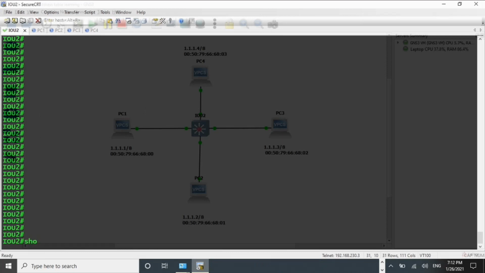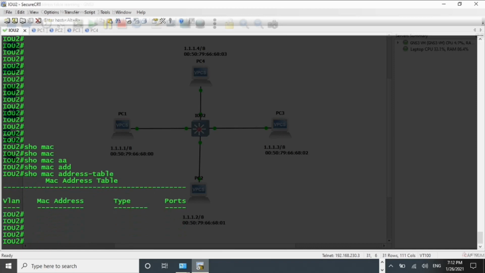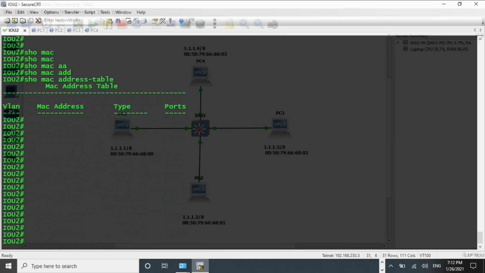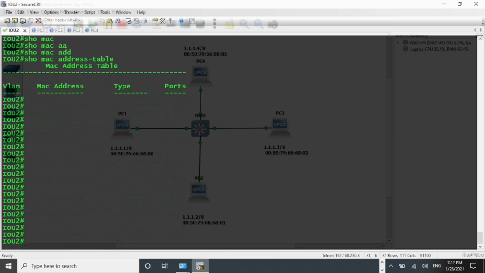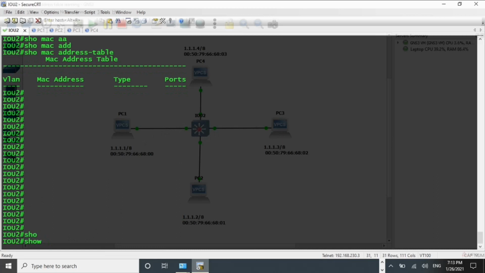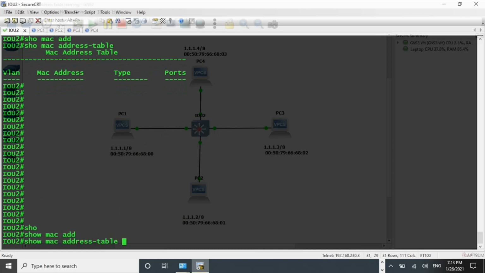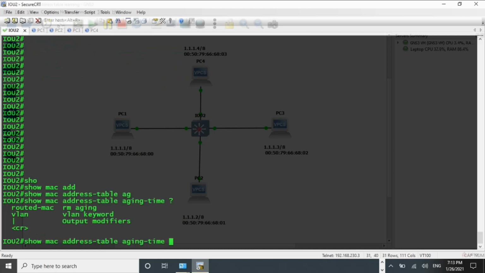First check the MAC address table. Nothing in the MAC address table. I already changed the aging time on this switch. I think I set 10 seconds. Show mac address-table aging-time.